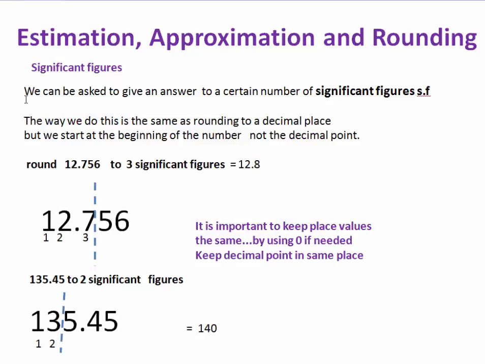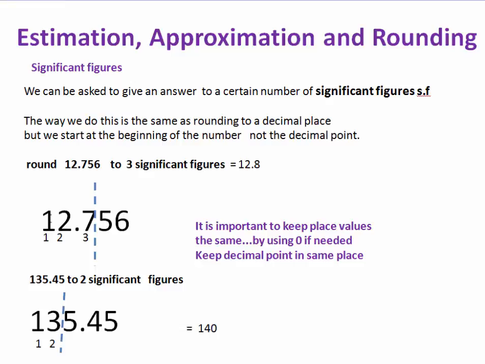Sometimes we're asked to give the answer in terms of so many significant figures, say 2 significant figures or 3 significant figures. So earlier we did decimal places, so here we're going to go over significant figures. The way we do this is the same as rounding to a decimal place, but instead of starting at the decimal point, we start at the beginning of the number. So here we're going to round this